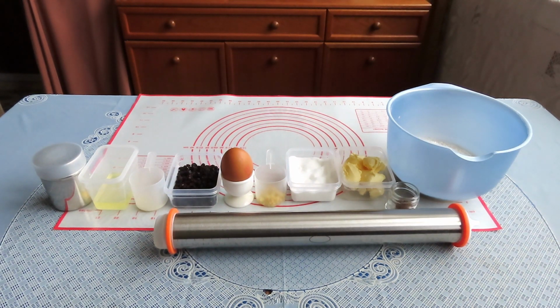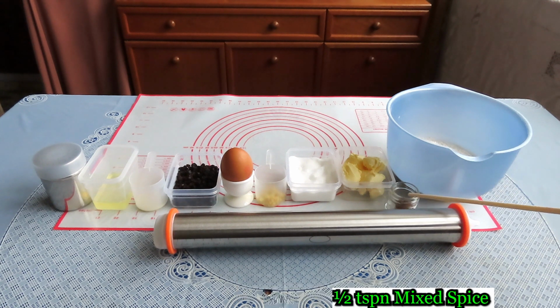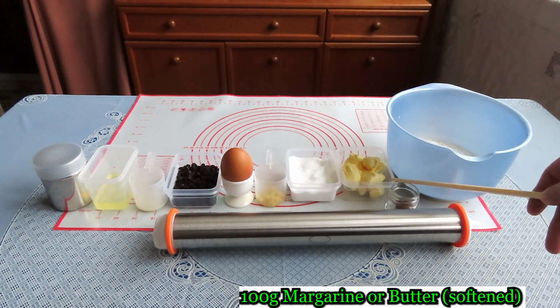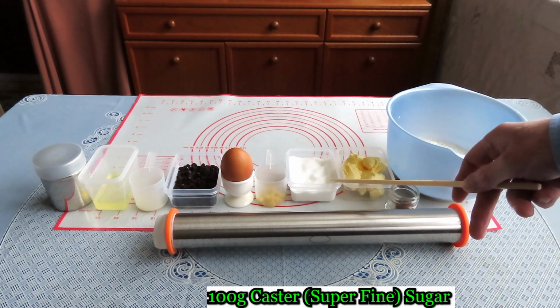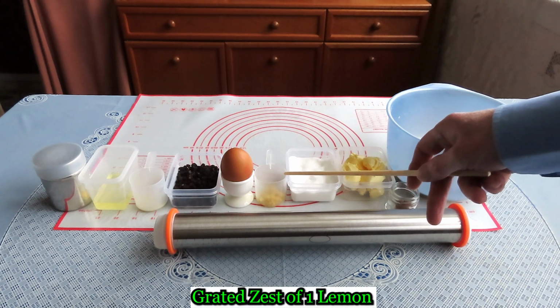For this you will need 225 grams of plain all-purpose flour, half a teaspoon of mixed spice, 100 grams of margarine or butter softened, 100 grams of caster sugar, superfine sugar, grated zest of 1 lemon,